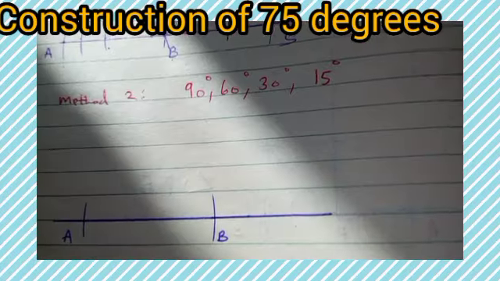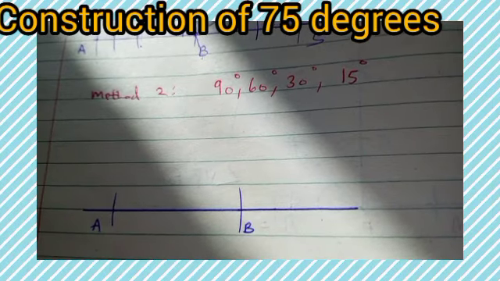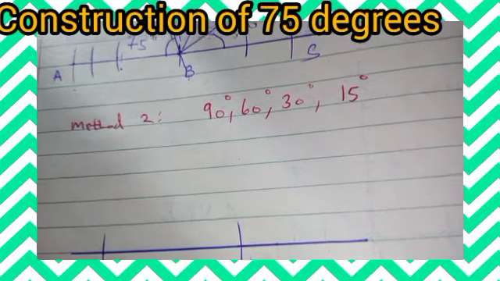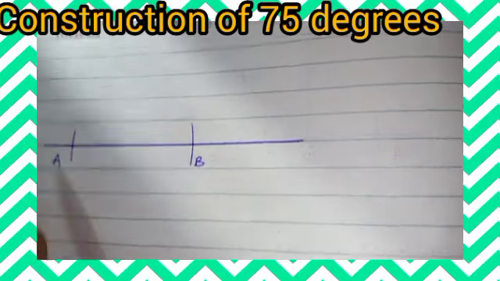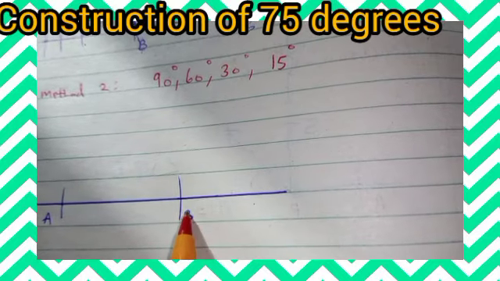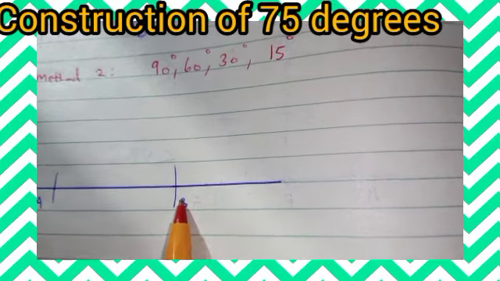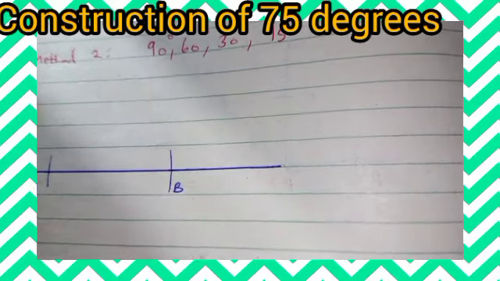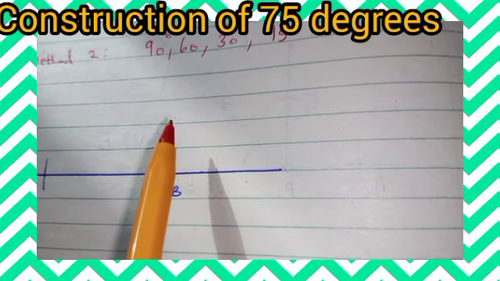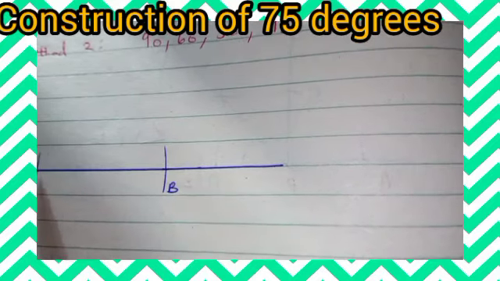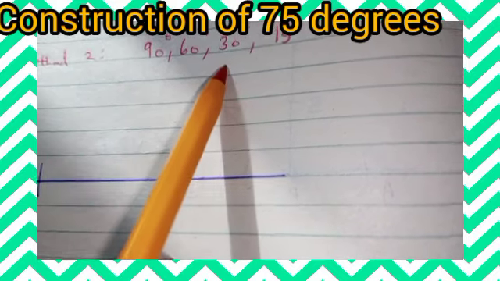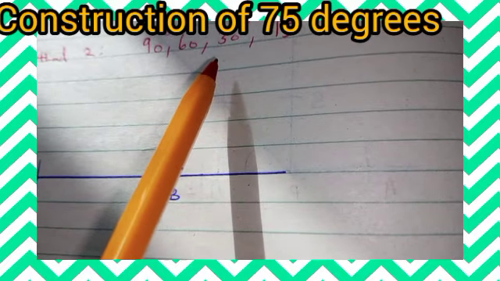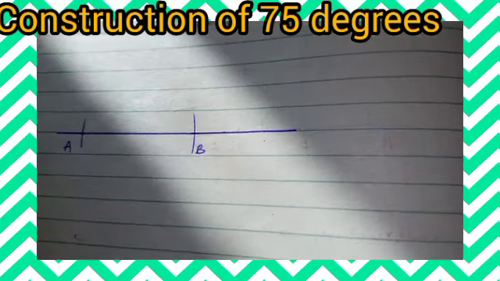Method 2. Method 2 works by first constructing an angle of 90 degrees at point B, then an angle of 60 degrees at that point, and an angle of 30 degrees, so that 90 is divided into 60 and 30. Once the 90 is divided into 60 and 30, you can bisect the angle of 30. We start by constructing an angle of 90 degrees